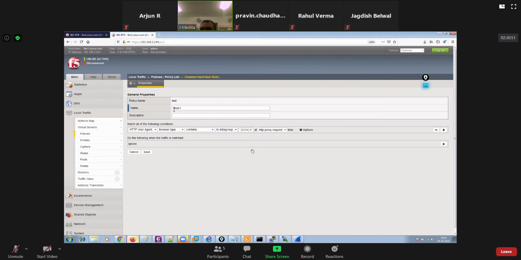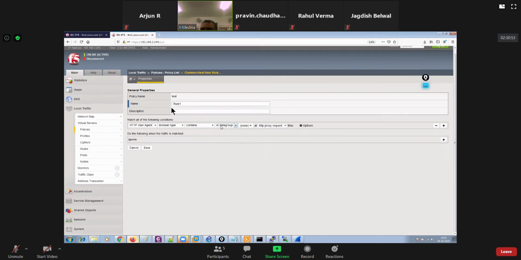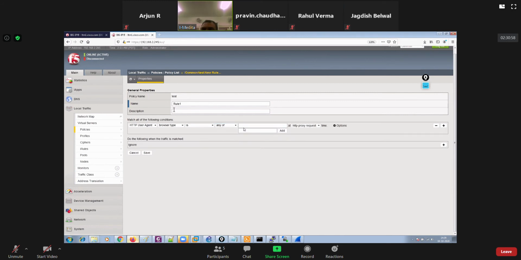Also you could create some data groups, but let's say is any of MSIE, Microsoft Internet Explorer, at request, then the action should be maybe ignore. So it's up to you what you want to perform.